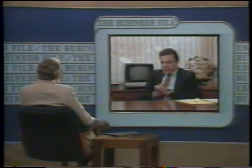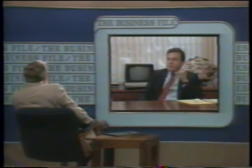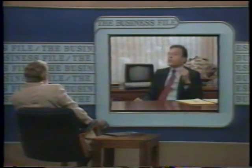After you've finished the physical design, then you move on to testing the system, but we're not done yet. Now we have to implement it, and implement it doesn't mean just plopping it on someone's desk and saying, here, use it. You know, there's user support, there's training, there has to be help along all the stages of using